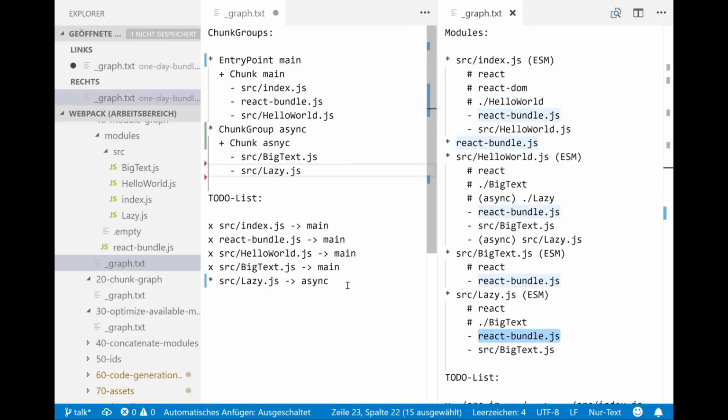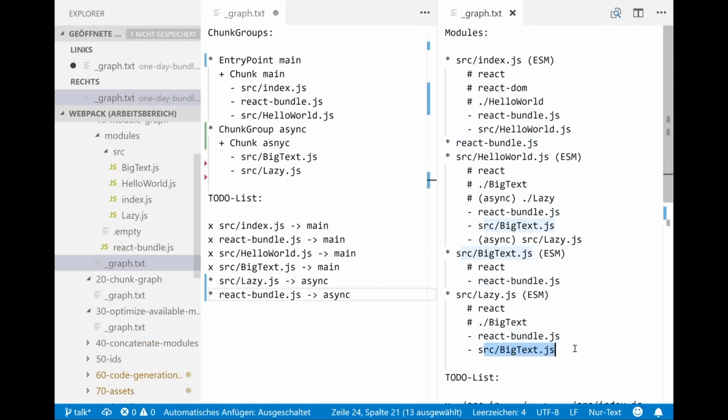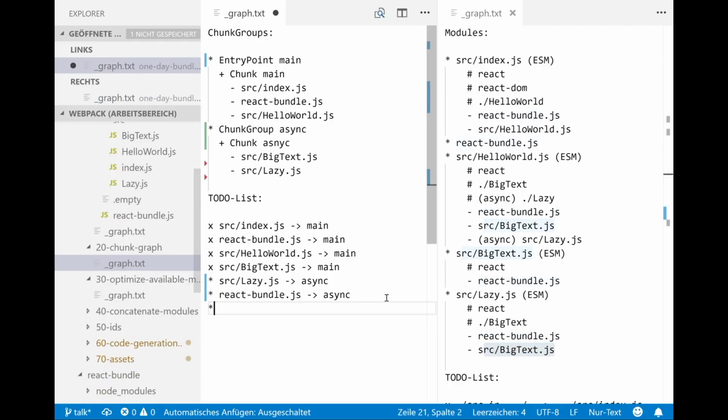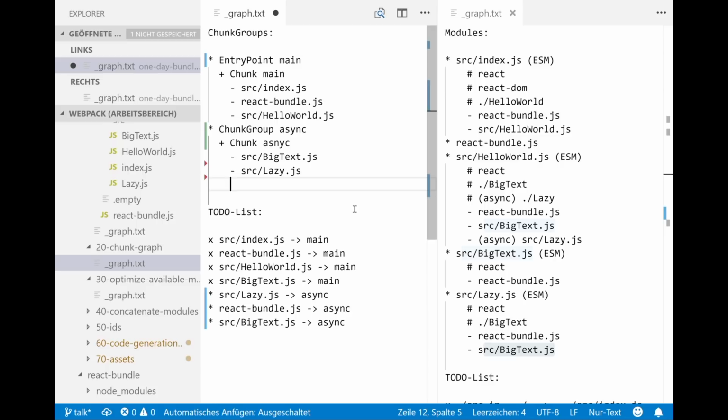Okay, we have to add a new to-do list. React bundle has to also go into async, and big text has also gone to async. And you get the idea. We put everything into this little chunk, React bundle and big text.